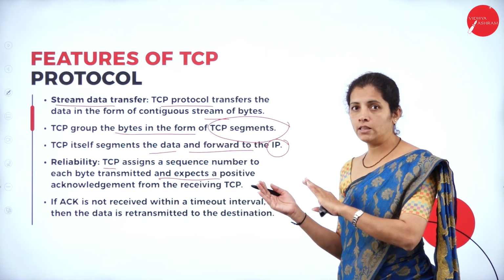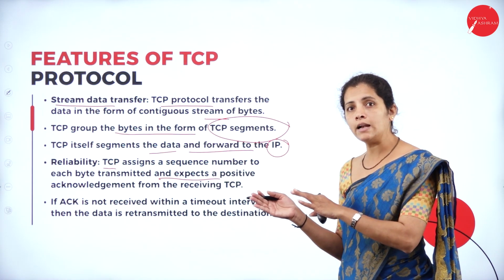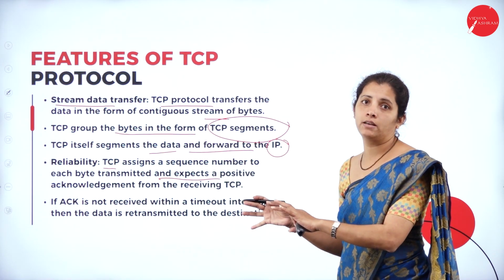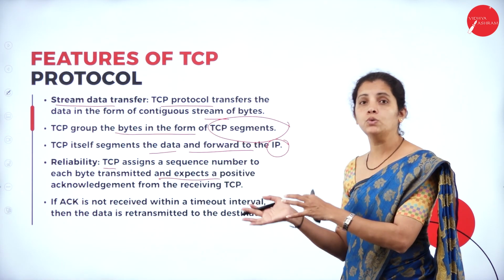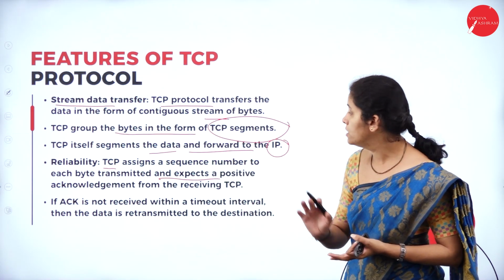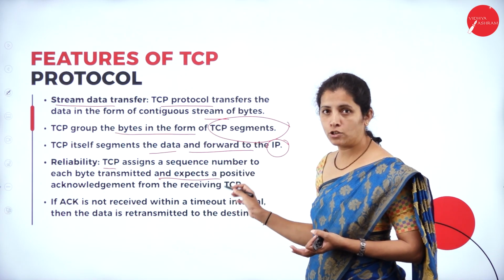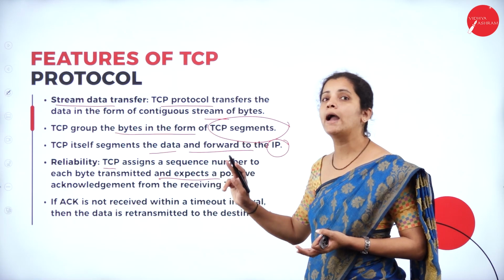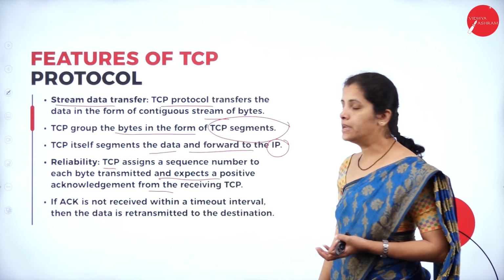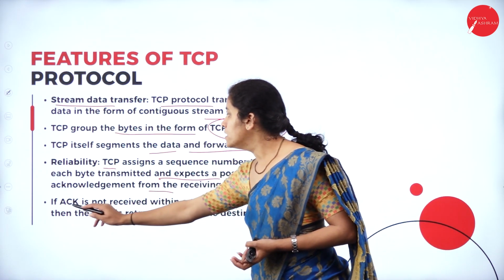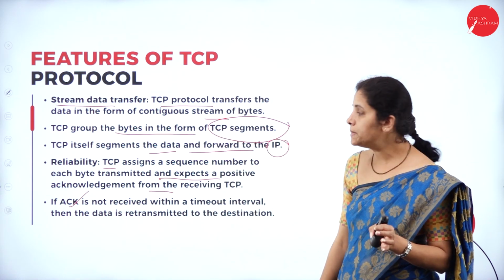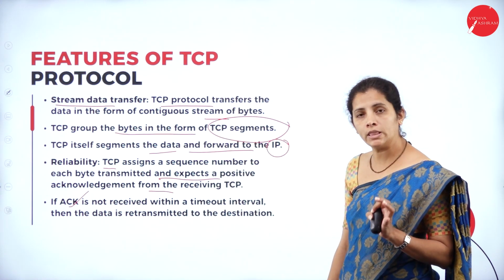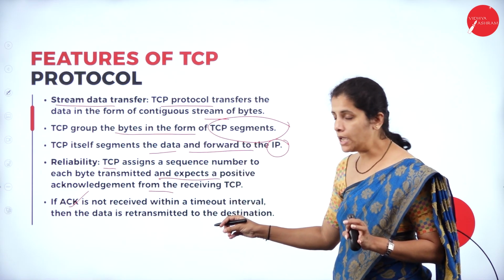The receiver is going to send the confirmation that they have received this segment and they are waiting to receive the next segment. So that is known as acknowledgement. And there are two types of acknowledgement, positive and negative. From the receiving TCP, if the ACK, that is acknowledgement, is not received within the time,